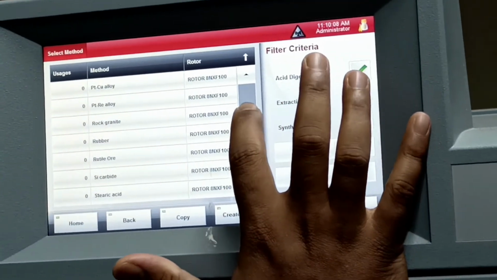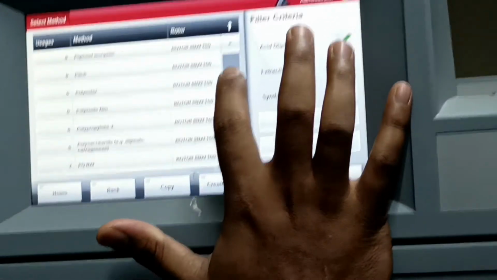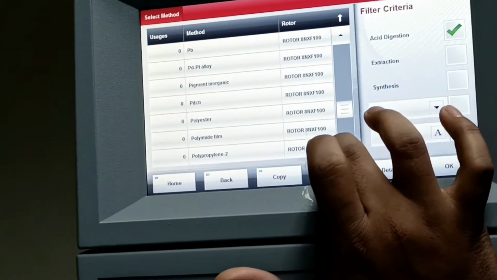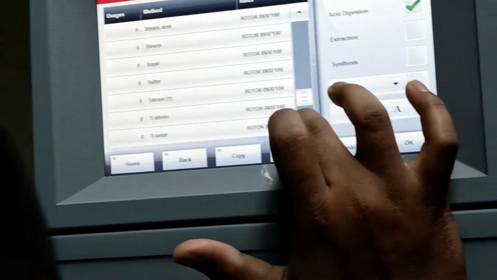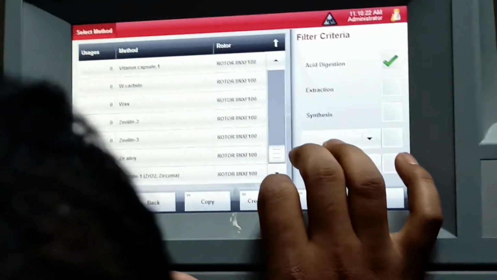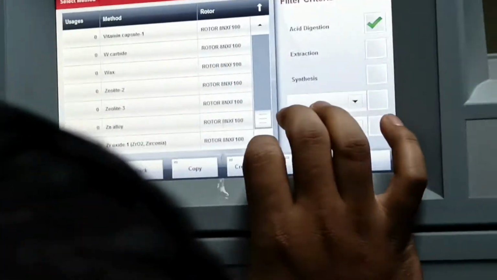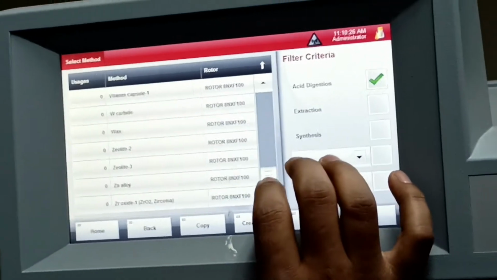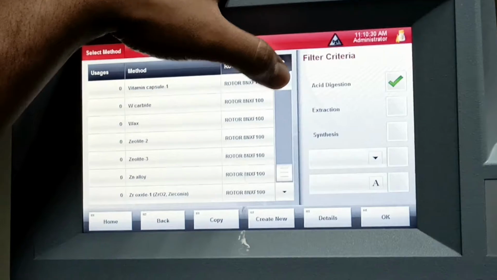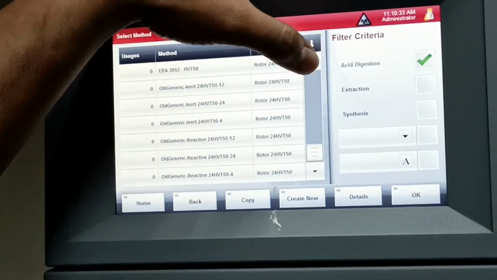You can come down by the scroll down bar. Polyester, everything is rotor 8 NXF 100. So you can cancel this also.